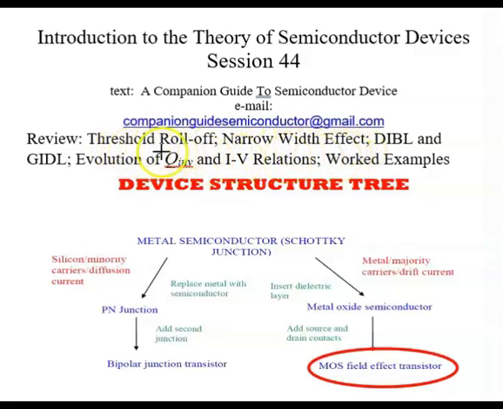So in the threshold roll-off, we have small L. In the narrow width, we have small W, and we'll see that they actually have opposite effects on threshold. And then we'll be looking at two more second order effects, DIBL and GIDL, and we'll see what that's all about. We'll probably just quickly review the evolution of the inversion charge and IV relations as we go from the simple theory to the more complex theories, and hopefully I'm going to try to make time to do some worked